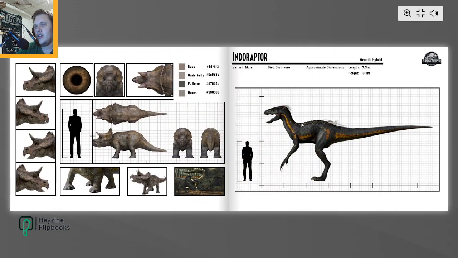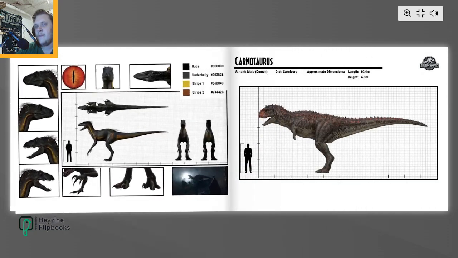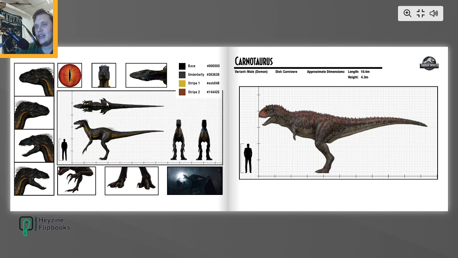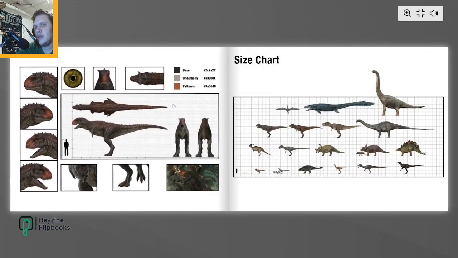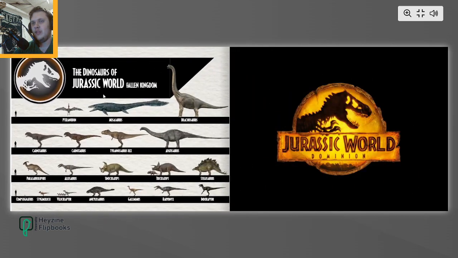Our boy, the Indoraptor. Absolutely sick. Yeah, that thing still gives me the shivers. The male Carnotaurus, or demon, as everyone likes to call him. Still, and yep, he's missing the horn. And then we have the size chart of all the dinosaurs of Fallen Kingdom, and the poster for the dinosaurs